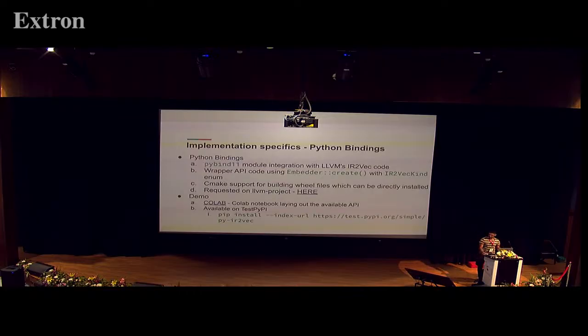Now, coming to upstream. Let's say we merge this all, but then how does the community get to this? IR2Vec initially came with its own Python bindings, but that is coupled tightly with the initial native source code. So anything we put into the LLVM IR2Vec doesn't get to the Python binding. To mitigate that, I made a Python bindings package using the PyBind module, which is something even MLIR uses, so I took inspiration from that. We get a PyBind package, and I made the wheel files for it and put them in a Colab notebook and on Test PyPI, where we can just install with one command and run it.